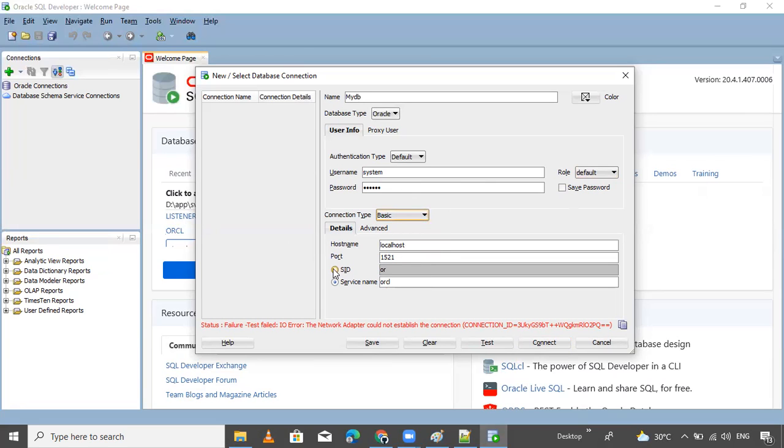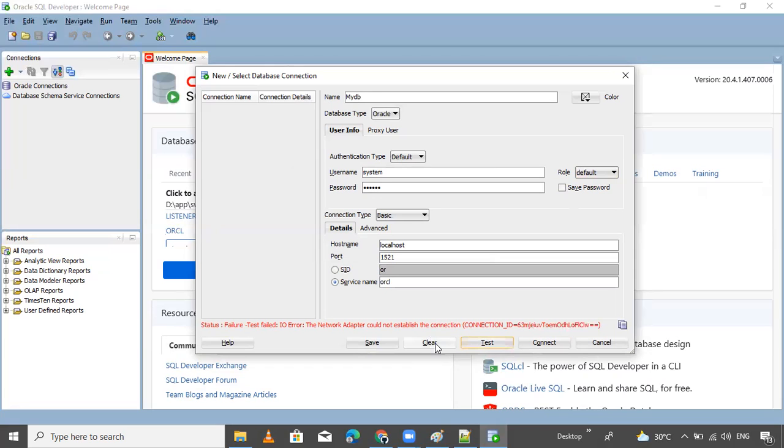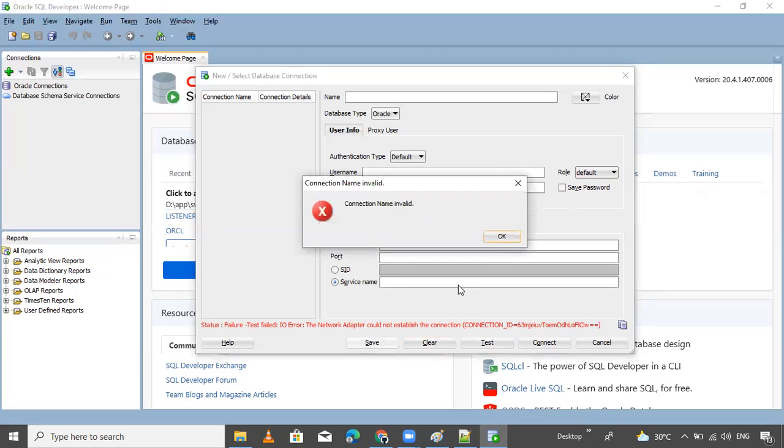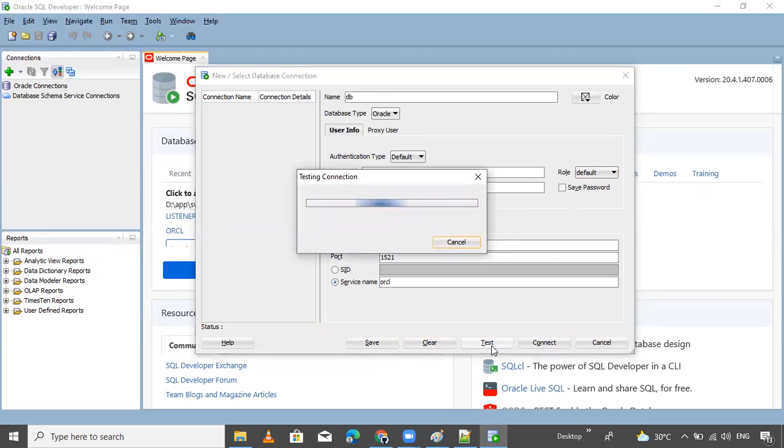Go to port number, service name. Password is system. Host name, host port number 1521, service name ORCL. Okay, let me check.